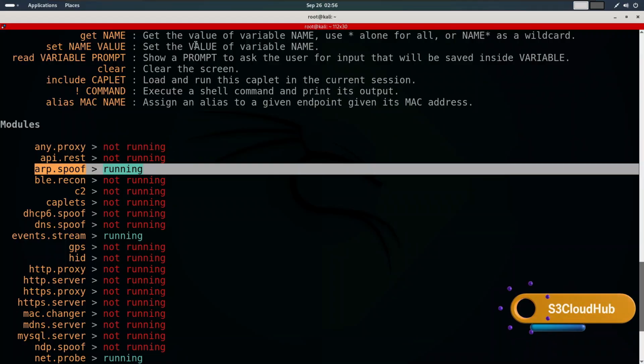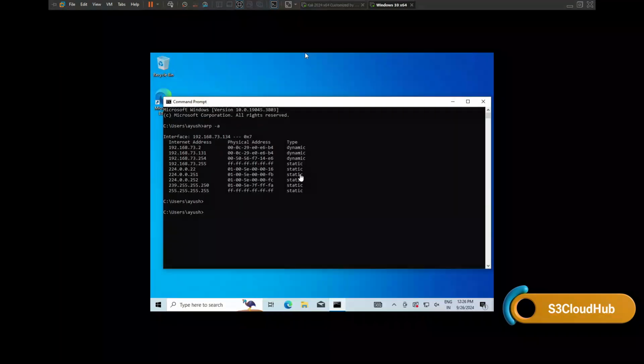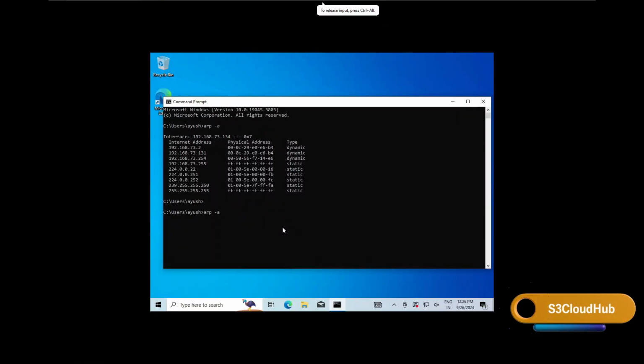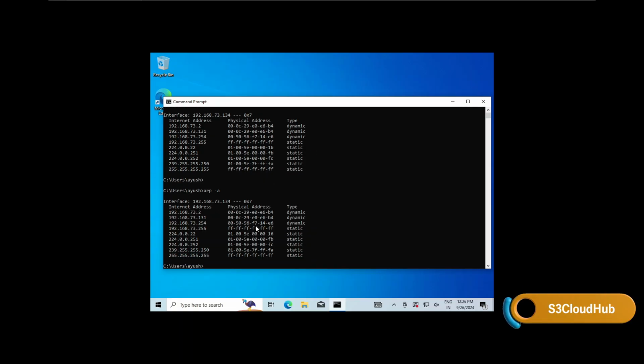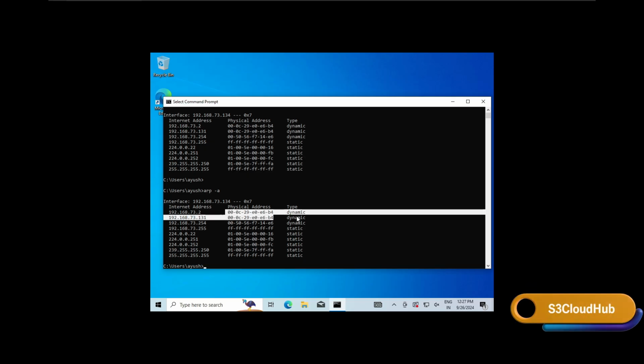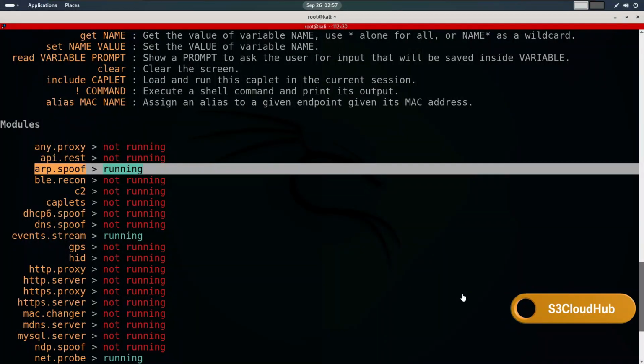I will go over to my Windows machine and run the command arp -a. As you can see, the router's MAC address has been replaced with the MAC address of my Kali machine. This means that any data the Windows machine wants to send to the router is now sent to our machine. Similarly, because we enabled full duplex, any responses from the router or internet for the Windows machine are also sent to our Kali machine. So we have successfully placed our computer in the middle of the connection between the target device